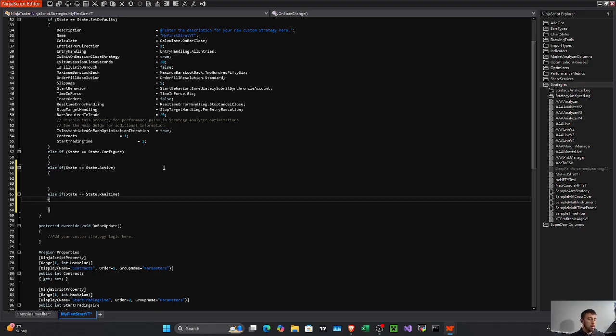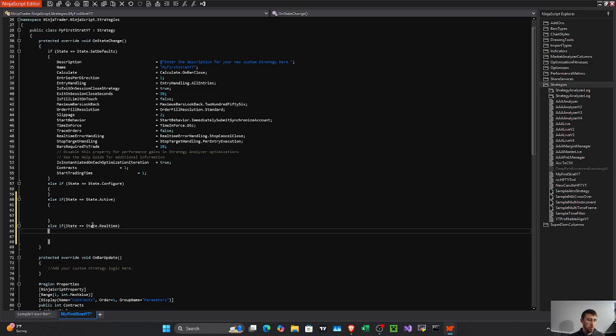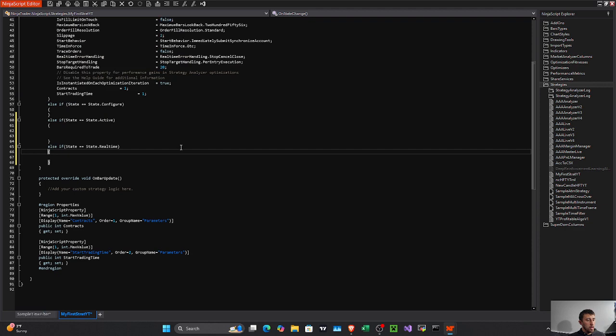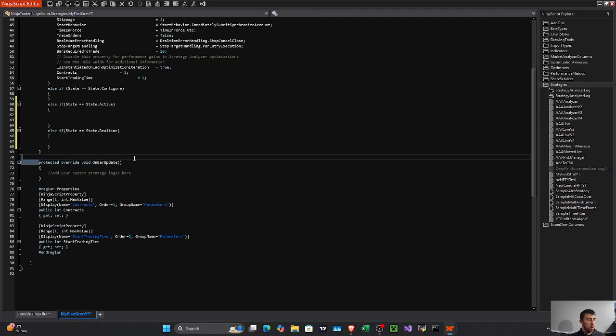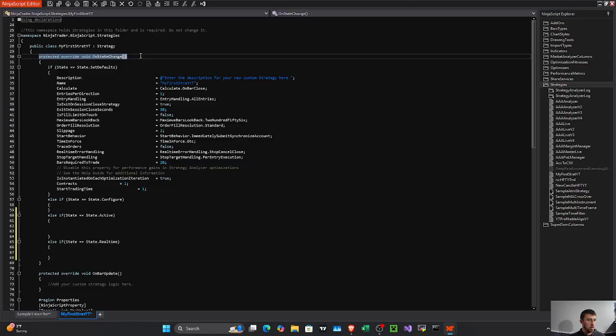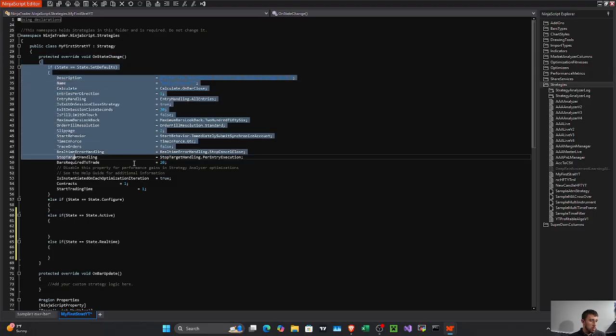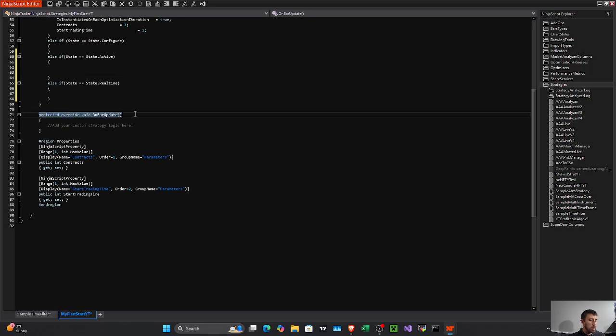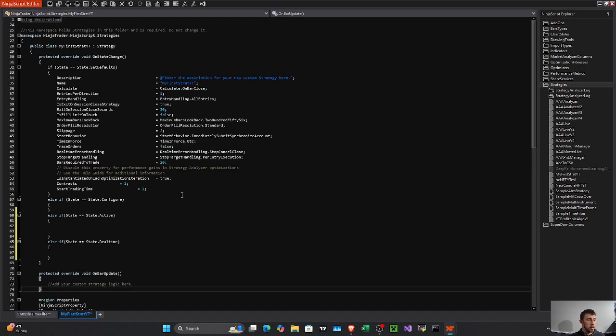Once you get more complex strategies, you'll understand how those work and when you'll need them. But for most basic strategies, you will not need them. Next important thing is now we have on-bar updates. So you can kind of tell what these are just by their names, right? On state change, when the state changes, then we run through this. Now we have on-bar update. When the bar updates, this changes. And we can set when the bar updates by